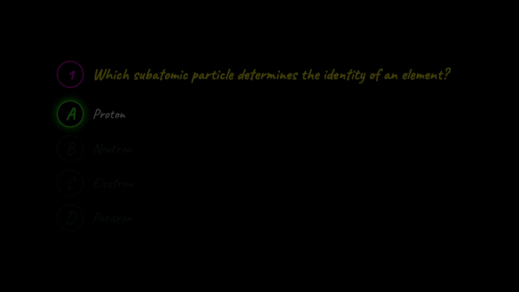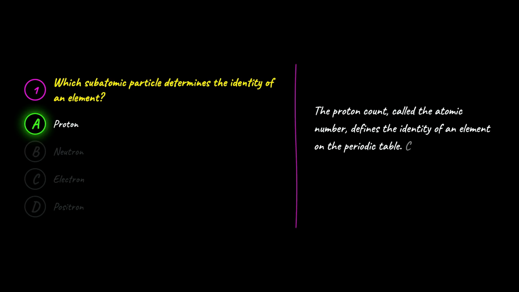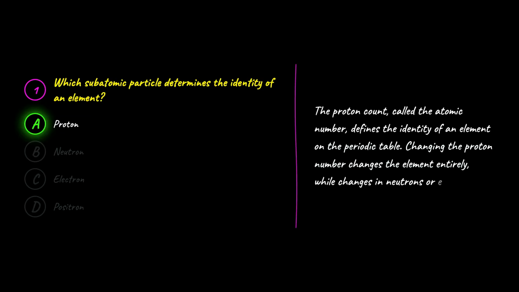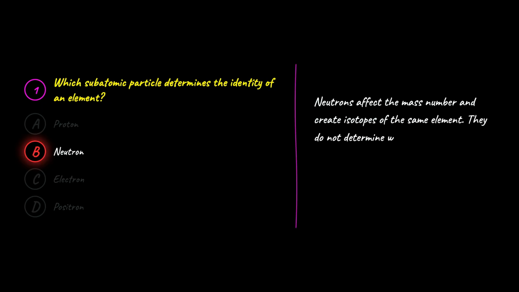Proton. Is correct because the proton count, called the atomic number, defines the identity of an element on the periodic table. Changing the proton number changes the element entirely, while changes in neutrons or electrons do not. B is wrong because neutrons affect the mass number and create isotopes of the same element. They do not determine which element an atom represents on the periodic table, since isotopes of an element share the